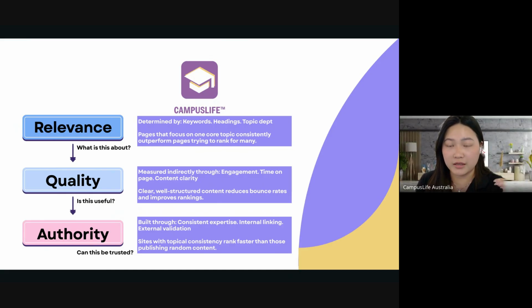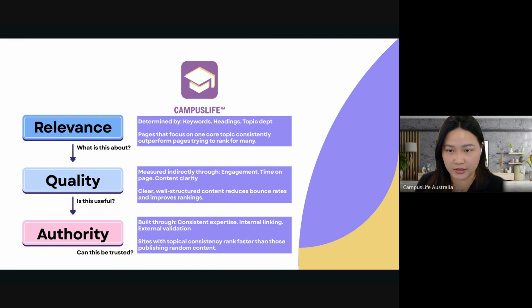And is the topic in-depth enough for people to actually click and engage with your content? I found that pages or content that focus on just one core topic consistently outperform pages trying to rank for many. If you focus on optimizing your website or page on a specific topic, usually it will rank better compared to when you write about a lot of topics around a lot of industries.